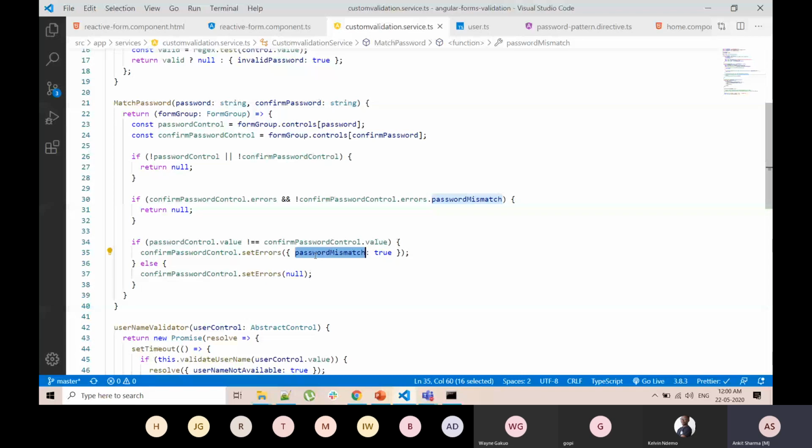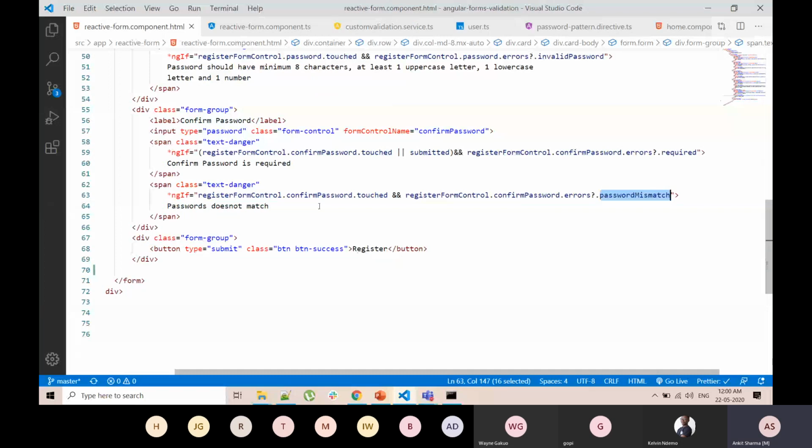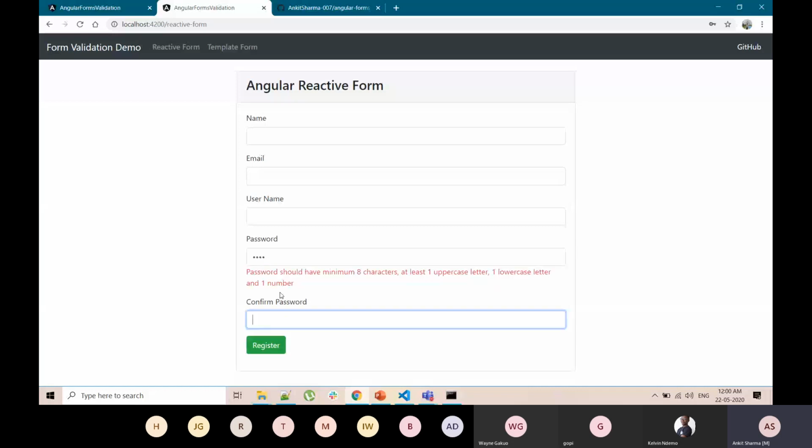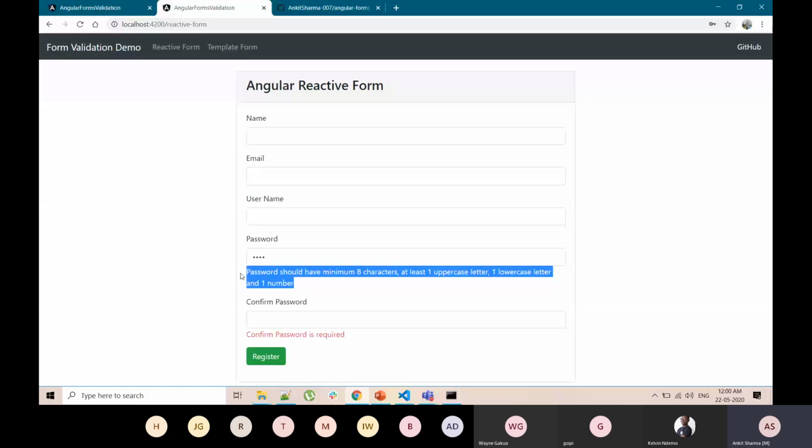It is being called. If I put some random password 1234 and I go here, it will give me this error. At the same time, if I put 12345, it will give me password does not match error also, because here I have put 1234, here I have put 12345, so password does not match.